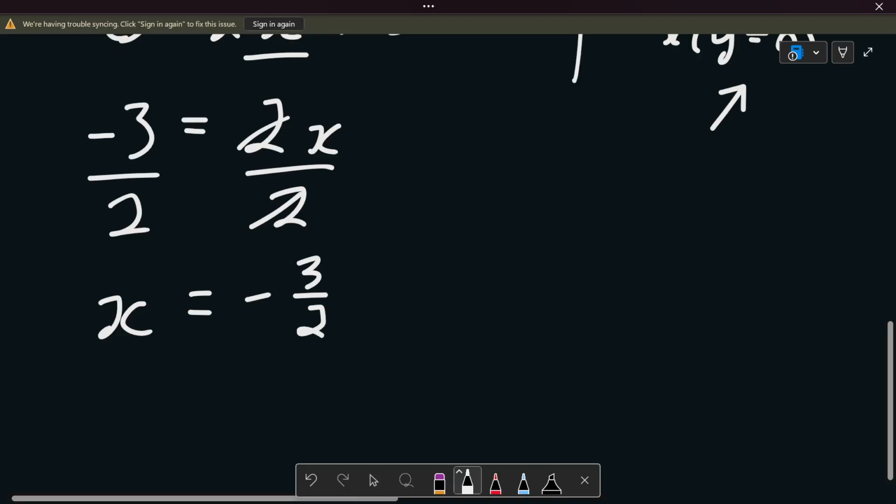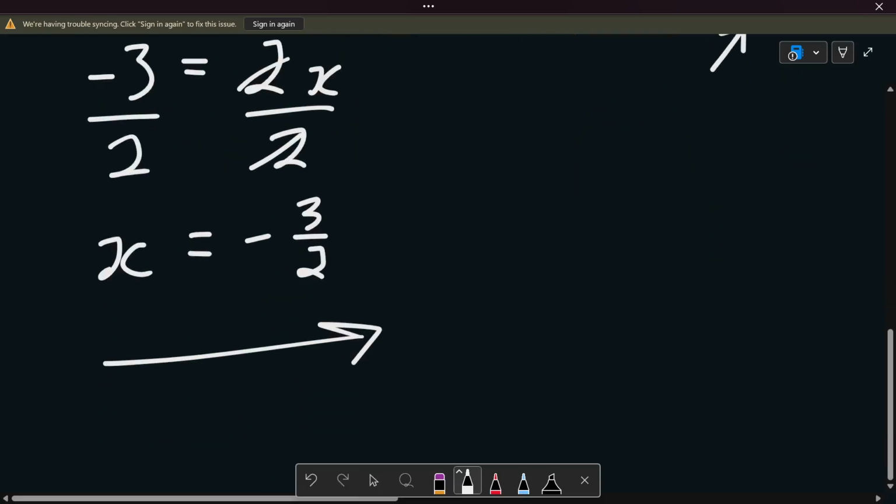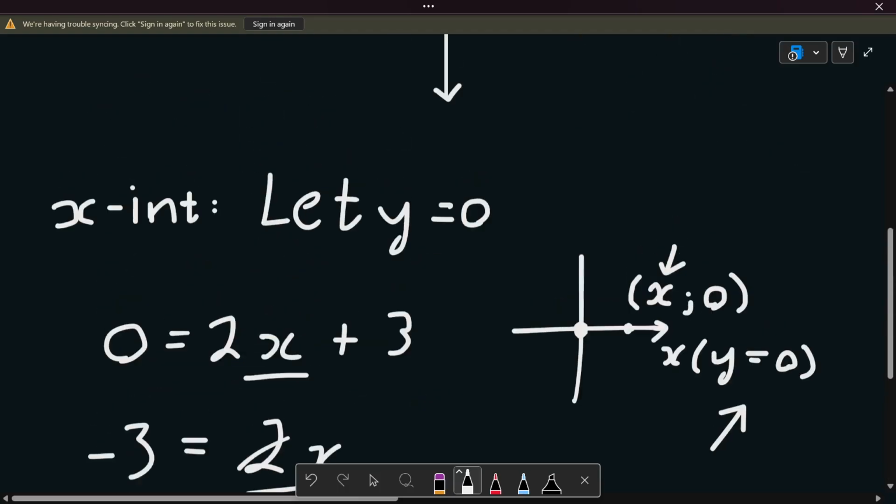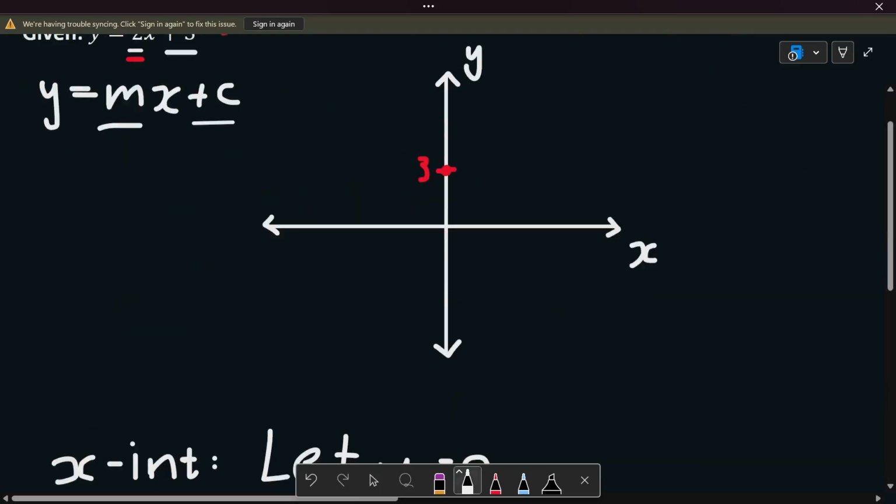Yes, you can actually get fractions as answers. So that is what we're going to use as our coordinate in this case. So our x coordinate in this case is negative 3 over 2. That's how we're going to represent it. Okay, so then we can write it over here. Let's say our point is right over here, for example. And then we have it as